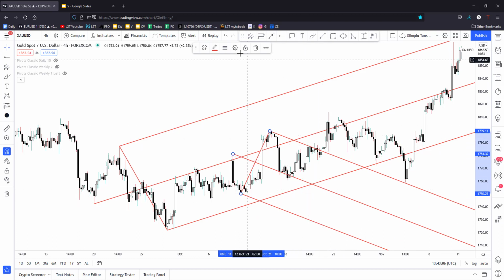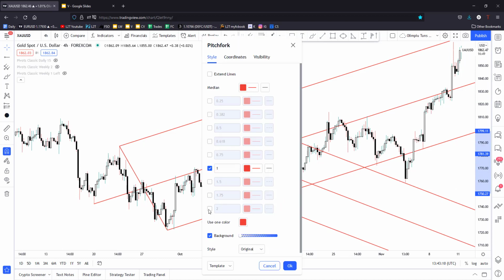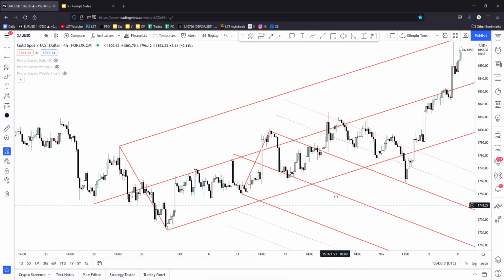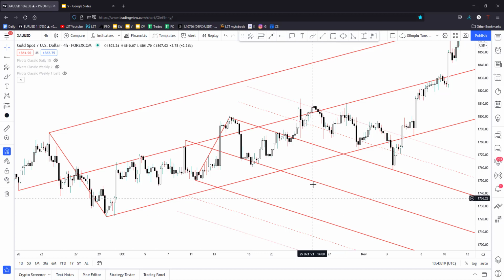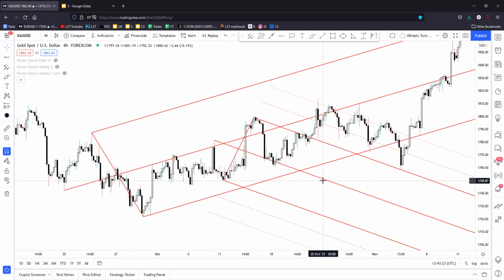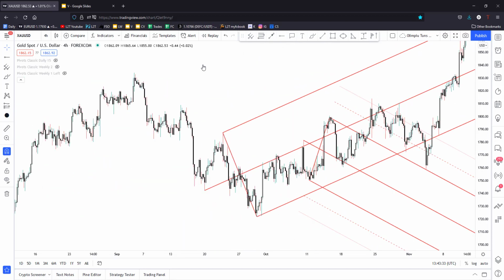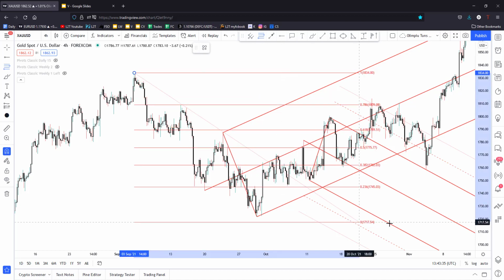something like this. One moment, because I want to also maybe use, let's see if we maybe can discover some confluence areas using multiple pitchforks. Now here we don't have something really good, but as I've told you earlier, you can use